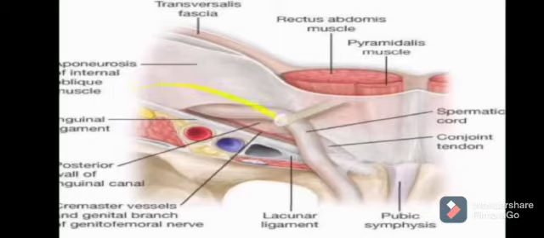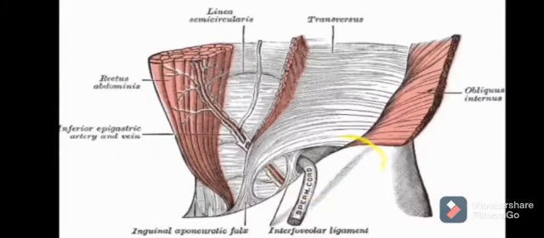Basically, this is the aponeurosis of the internal oblique muscle, along with the aponeurosis of the transversus abdominis muscle, and both aponeuroses form the conjoint tendon in this part, which gets inserted on the pecten pubis. So this conjoint tendon along with the lacunar ligament provides strength in this part. You can see in this picture we have this transversus abdominis muscle and this internal oblique muscle, which again has an aponeurosis in the middle part. So both the aponeuroses of the transversus abdominis and internal oblique muscle unite to form this conjoint tendon.